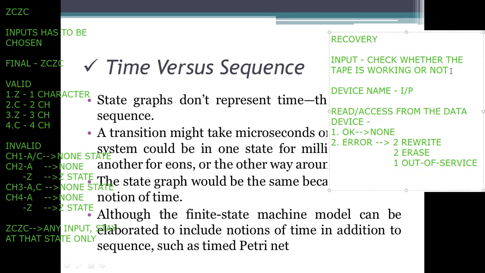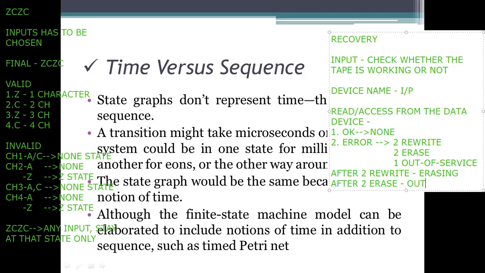So we are erasing the data after 2 rewrites. After 2 rewrites, we fail to get the data, so we know it didn't get done. Here it is performing erasing. When it specifies out of service, it means that after 2 erasing operations, it specifies that the thing we are using has been taken as out of service.